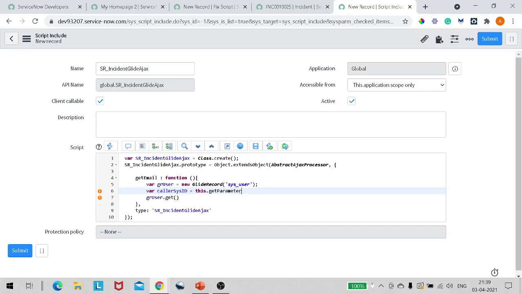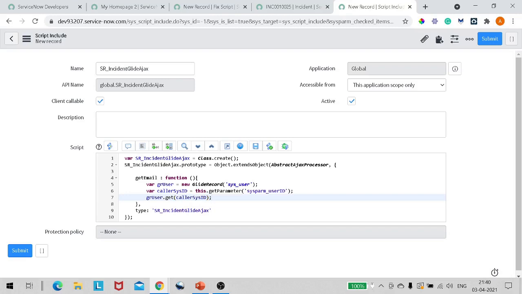I will give it a name as sys param. This is a prefix which we use. Sys param underscore, and now I will give it as user ID. So this will be the input parameter which we will be passing from the client side. Now I will pass this caller sys ID to get, so that we will get the entire user object.